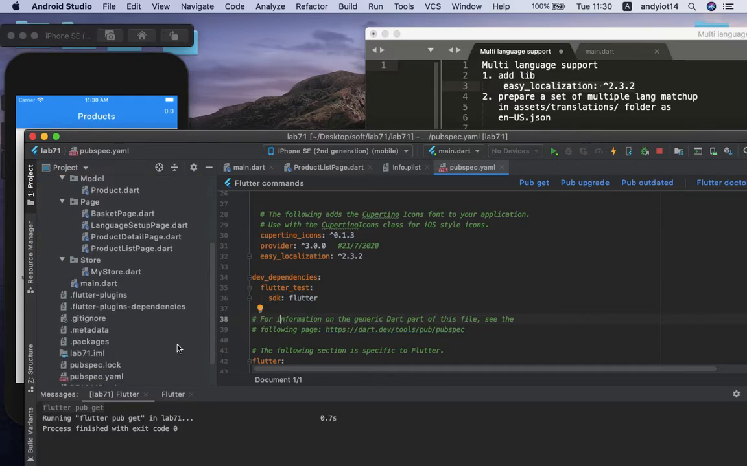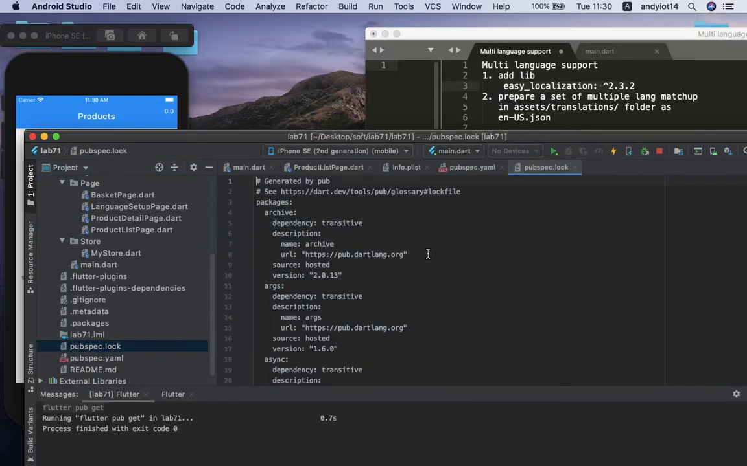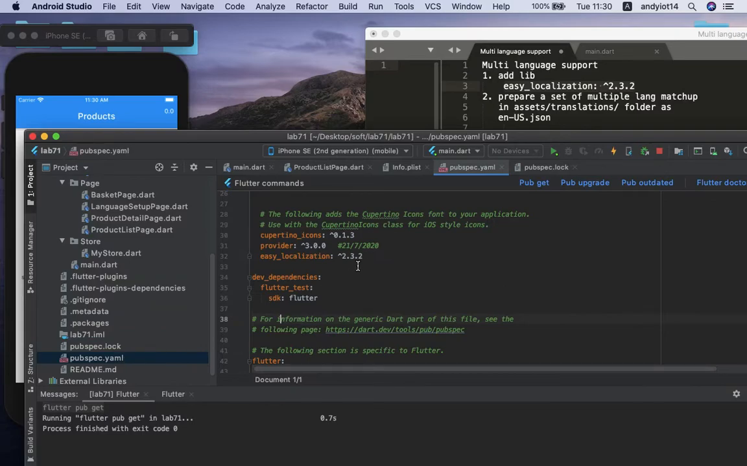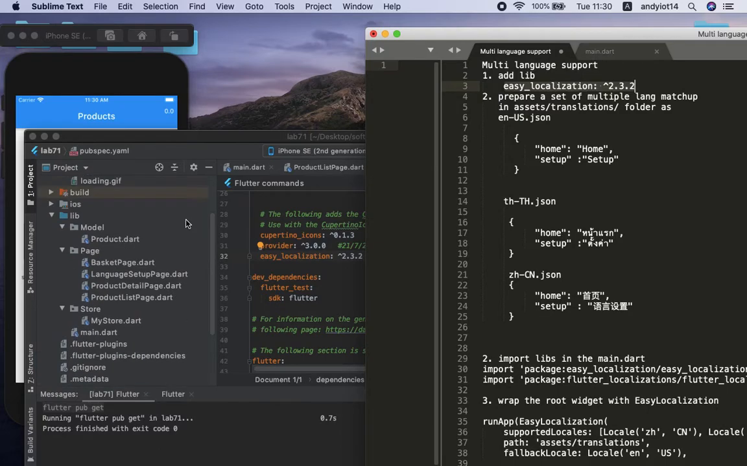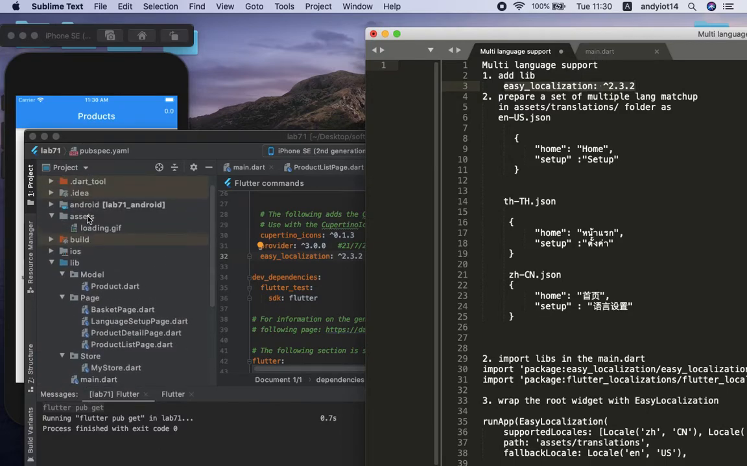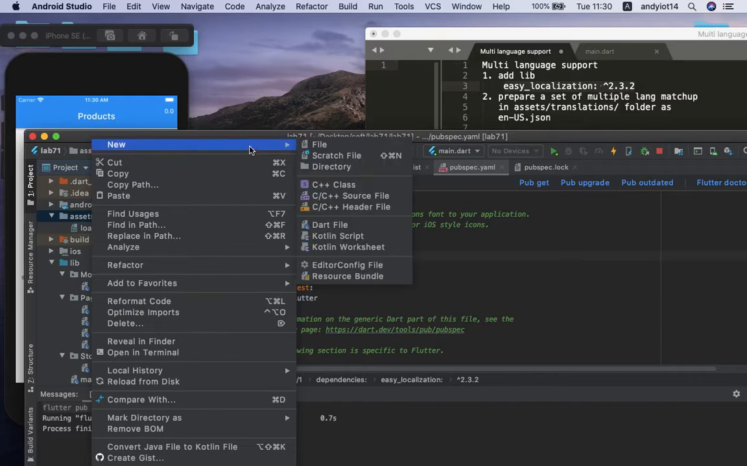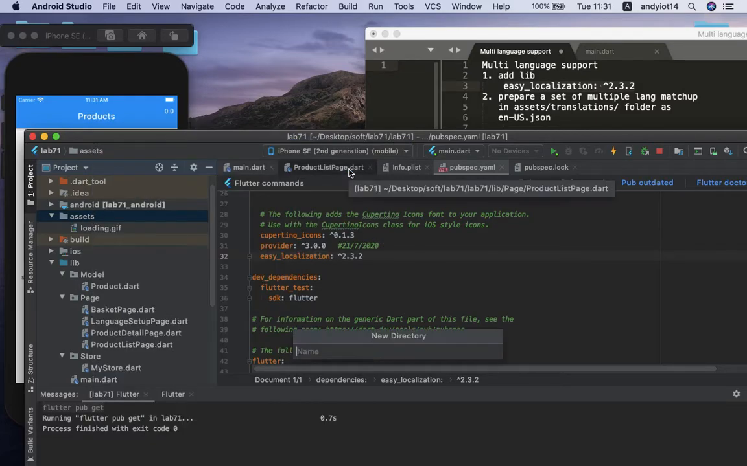pubspec.yaml file, which is available right here. Make sure that you include this, okay, in here and hit pub get to get this dependency. Now, once this dependency has been installed in your application, the next step is we are going to prepare a directory for translations. So go ahead and go to your assets folder and create a new directory here,